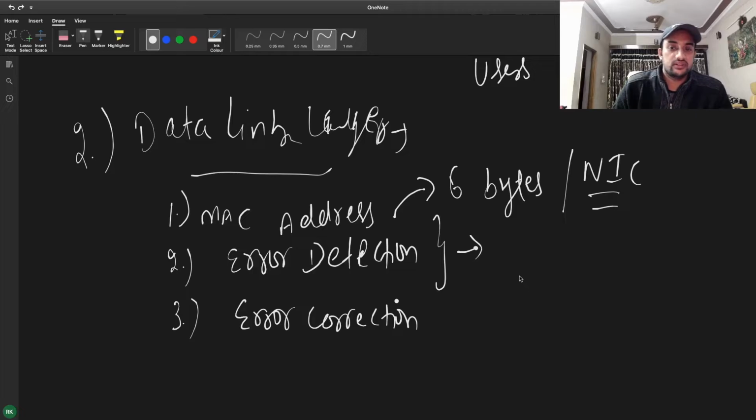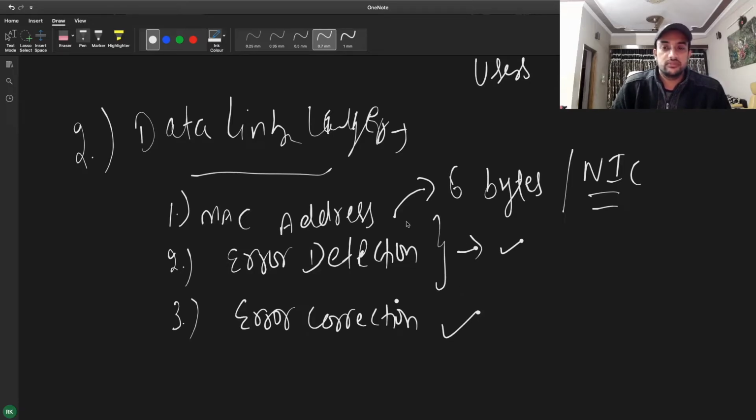If there are some bytes which are changed or wrongly entered, or some bits which are not as expected, this layer is responsible for checking all those things. And error correction is, if it detects some error and has some basic understanding that these bits should be changed to a particular value, it will itself be responsible for doing that. So that's the data link layer's job.